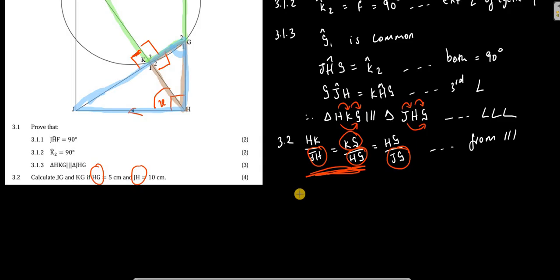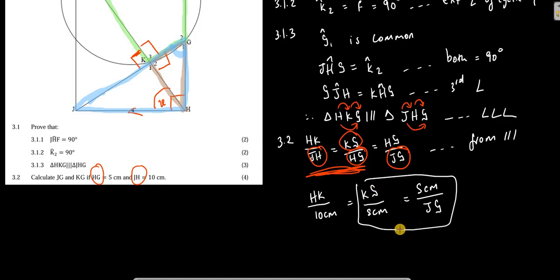Do we have HK? We're not given HK. Do we have JH? We are given that it is 10 centimeters. Do we have KG? We don't have. Do we have HG? We are given that it is 5 centimeters. Do we have JG? We don't have. So guys, I believe from this you can see that here we can try to use